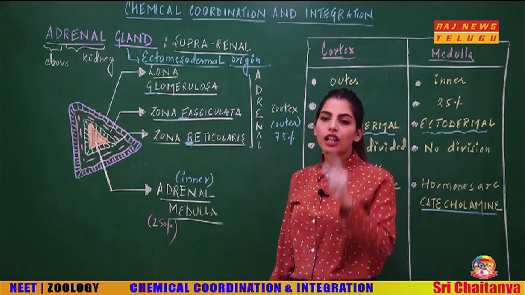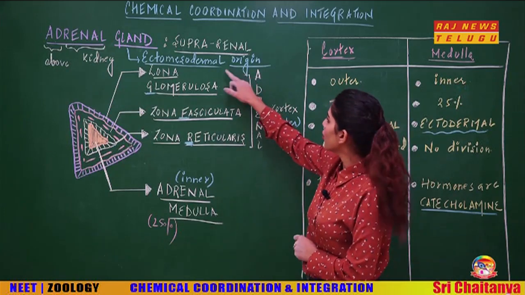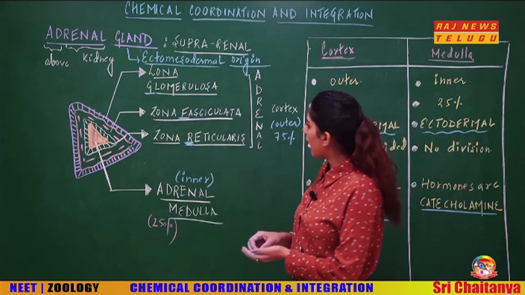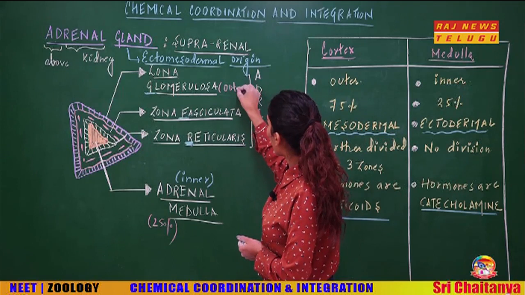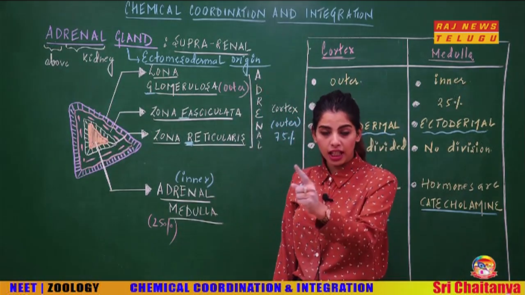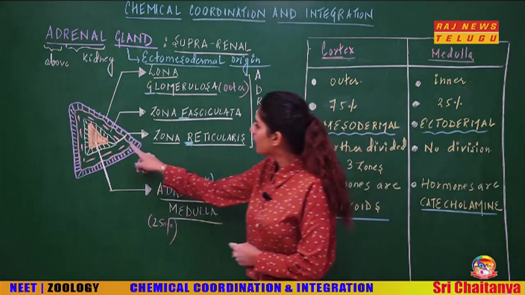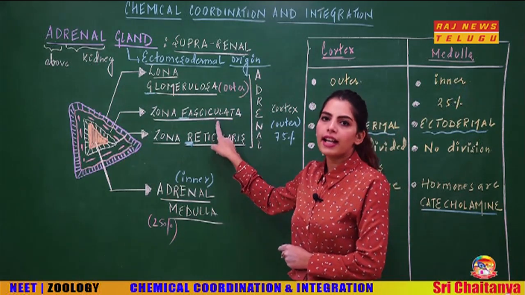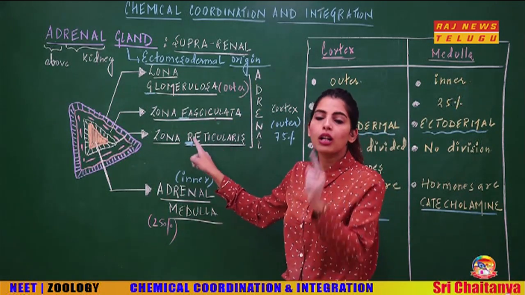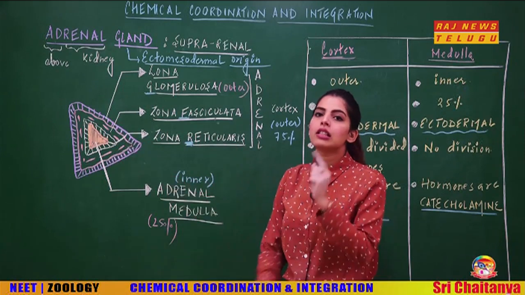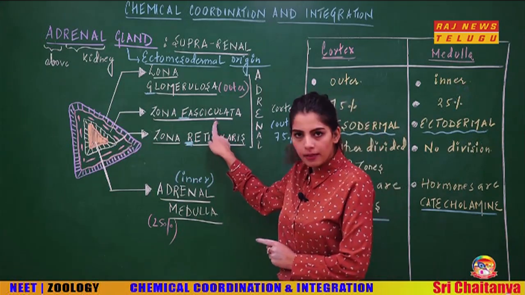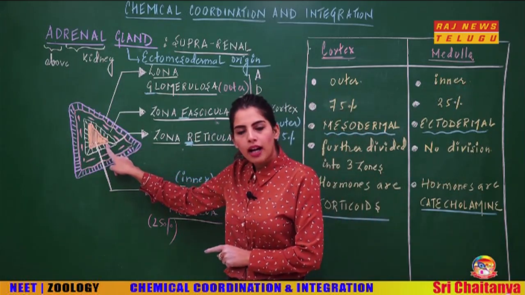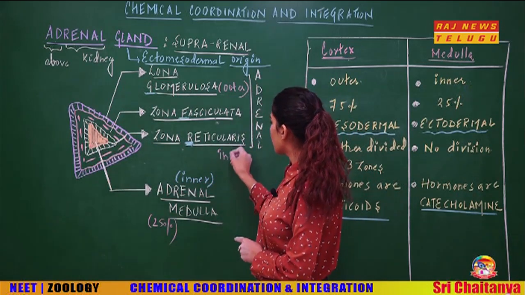When I say it, the cortex is divided into the outermost layer called the zona glomerulosa. That's the outermost layer of the cortex. Now G, then it has to be F. So after that, this pink layer that you can see is the middle layer called the zona fasciculata. Zona glomerulosa is outermost, zona fasciculata is the middle. And then GFR, zona reticularis, which is this white one, is the innermost layer.